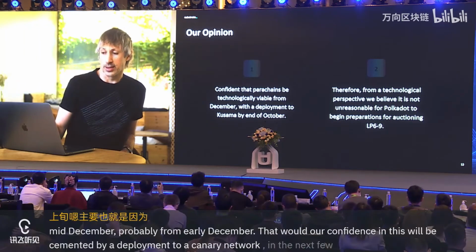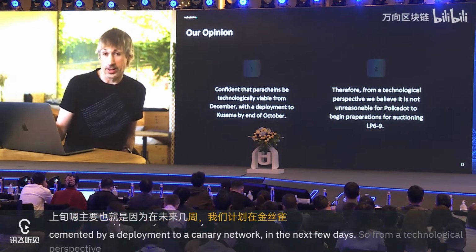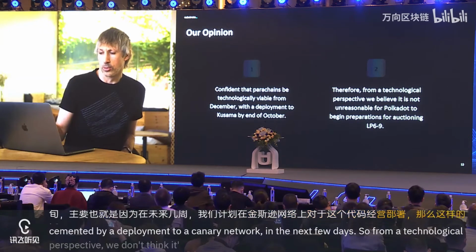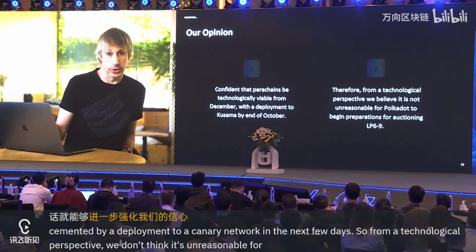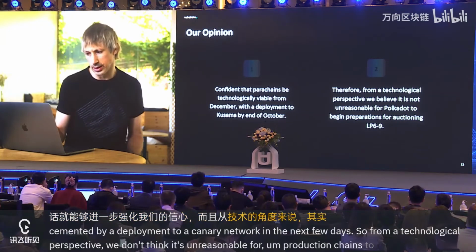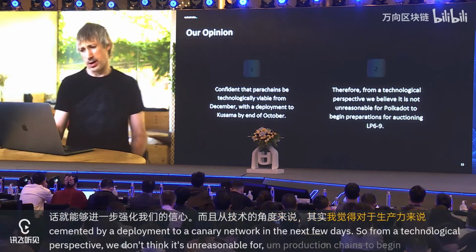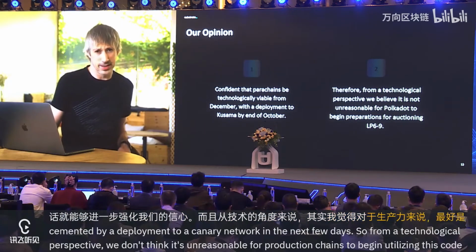So from a technological perspective, we don't think it's unreasonable for production chains to begin utilizing this code by the early to mid-December mark.